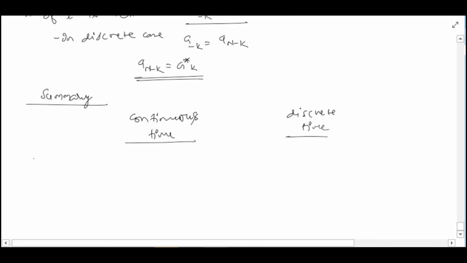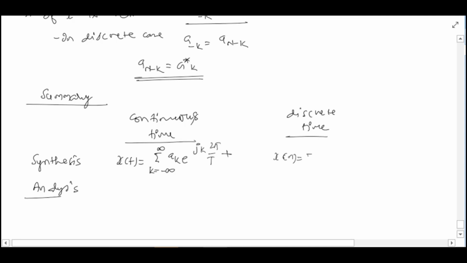We saw synthesis equations and analysis equations. Very quickly, what these equations are: x(t) is the sum over k equals minus infinity to infinity of a_k e raised to j k 2 pi over T small t. In case of discrete time, it becomes x[n] equals the summation k equals 0 to N minus 1, or we can sum over any window, any interval of length N,